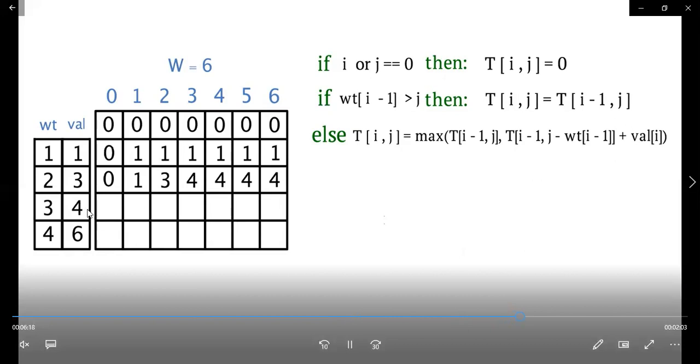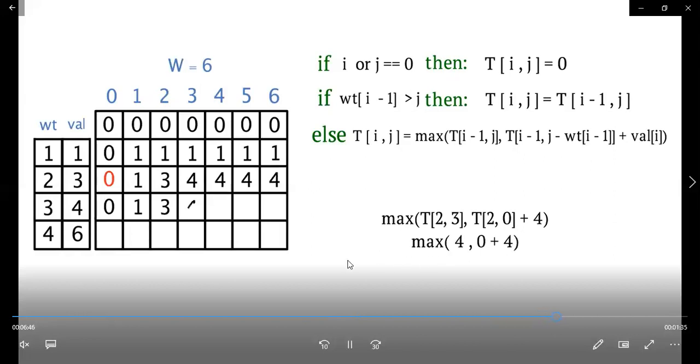Next, once you finish the second row, we will be coming to the third row. We know already it is 0, so it is 0. Now we need to start with 3 comma 1. The same way you apply this formula and find out what is the value. So by applying that, we will be seeing that it is the remaining capacity, so it will be taken as it is. Now from 3 comma 3 onwards, we will be calculating it. So it is 4. So same way for the next one also, 3 comma 4.